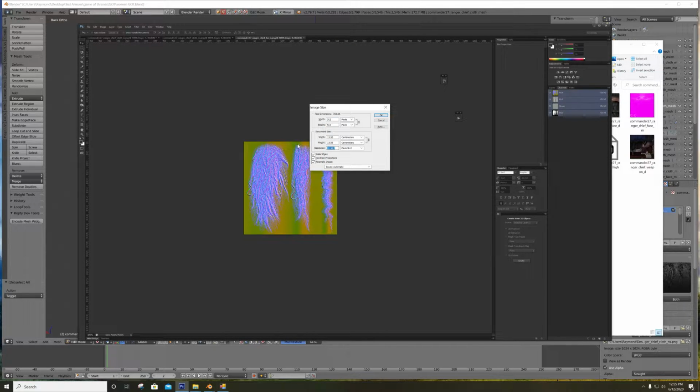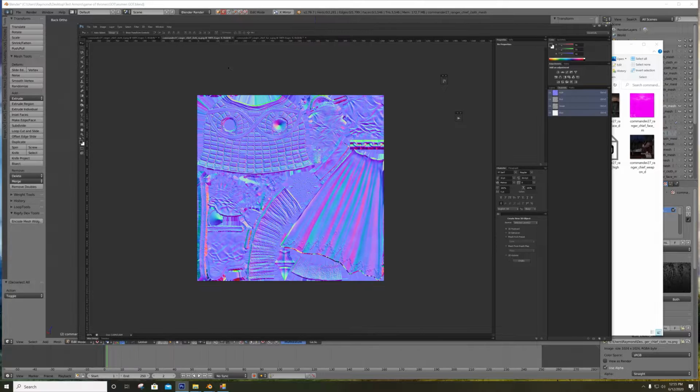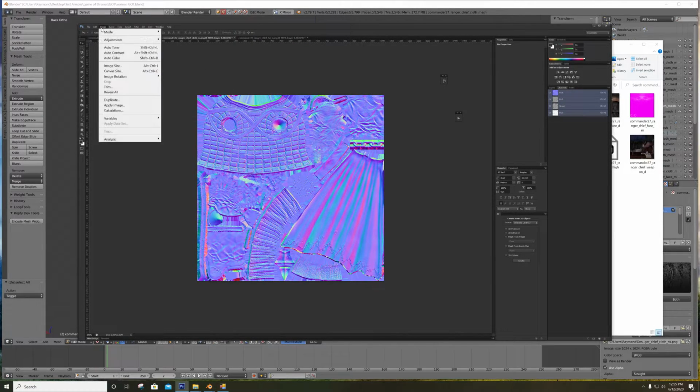Okay, we're going to turn up the resolution to 300 like we did before. I'm going to make this 1K at 1024. I'm going to come back here, and I'm going to double check this by hitting Control Alt I again. I'm going to turn up the resolution to 300 and make this 1024. Okay, so now that we've done that, what I'm going to do is I'm going to go to Image,